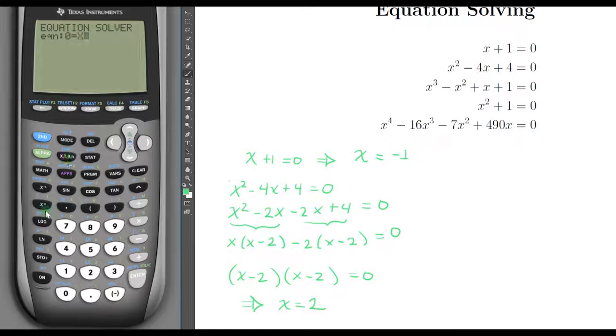Again, x. Now notice that this button says x squared, so that's the one you're going to press, minus 4x plus 4. Okay, and you press enter. You can leave it at -1, whichever you want. It's gonna find the 0 anyways, and then go alpha, enter, and boom, there it is,